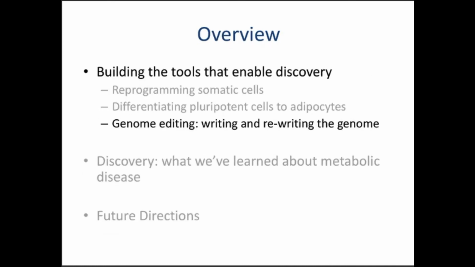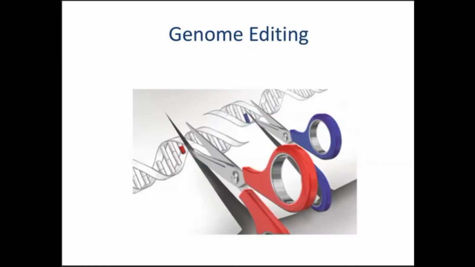Okay, now that we can make fat, what we want to do is introduce disease-causing mutations that we've identified in people, in fat or in stem cells, which at the time that we wanted to do this was really, really hard. It was like when I first started my PhD and you wanted to make a knockout mouse. You would create this gigantic construct and try to do homologous recombination, and like 1 in 1,000 or 1 in 1,000,000 would actually happen, and it was unbelievably difficult and laborious. Luckily for us, tools that allowed you to more precisely edit the genome, to make any sort of cut you want with engineered nucleases, came along.